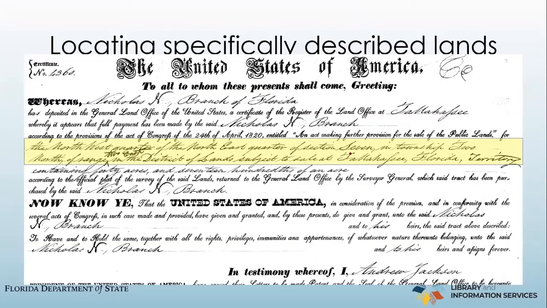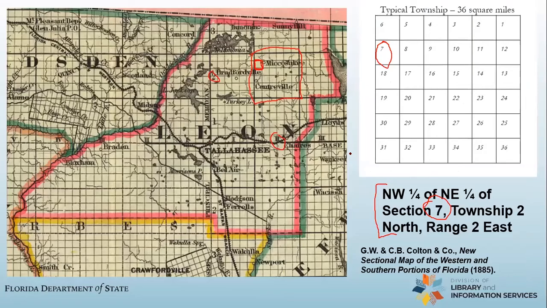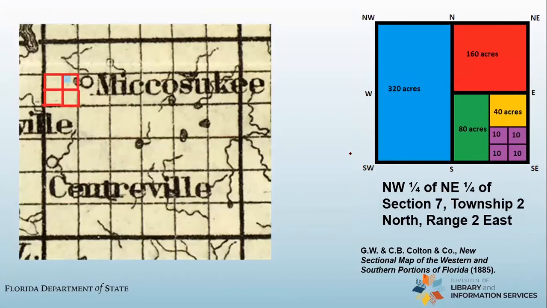You've now seen how we go from a legal description on a federal land patent, and this could be done with anything. You could do this with the deed to your own property if you have it. You could do it with a state land patent. You could do it with an entry in a tax roll. If you were looking at an old tax roll from 100 years ago or 50 years ago or 150 years ago, and there's a legal description there of a piece of land that your ancestor owned, you could use that description of the land, follow the same process to find the township, then find the section, and then the piece of the section, and voila, you'll be able to locate that land in real space.